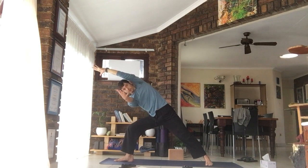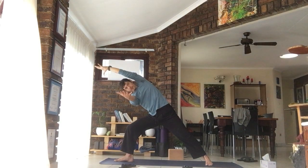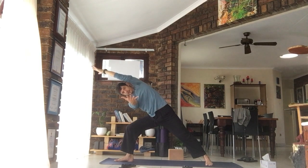Let's take 5 more here. Last 4, extend the right arm away from you, as if you're about to shake someone's hand. Pointing away from you. Extend the left arm long, long, long. Last round here. Exhale, release, come back to warrior two, turn the right toes in, turn the left toes out,